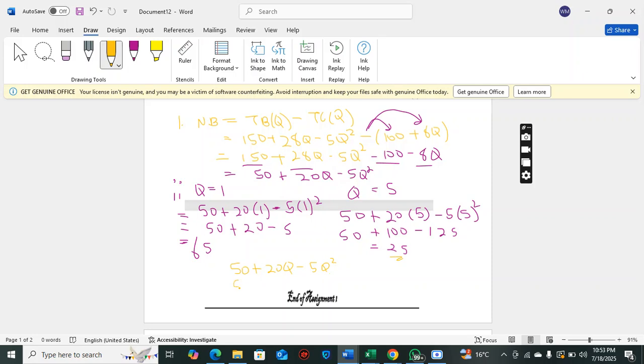We substitute q with 2, so 50 plus 20 times 2 minus 5 times 2 squared. 20 times 2, that is 40, so we say 50 plus 40 minus,